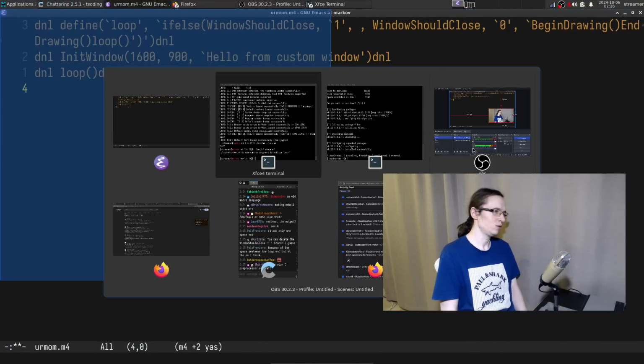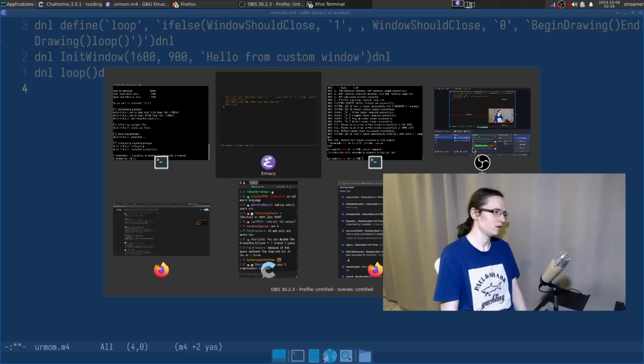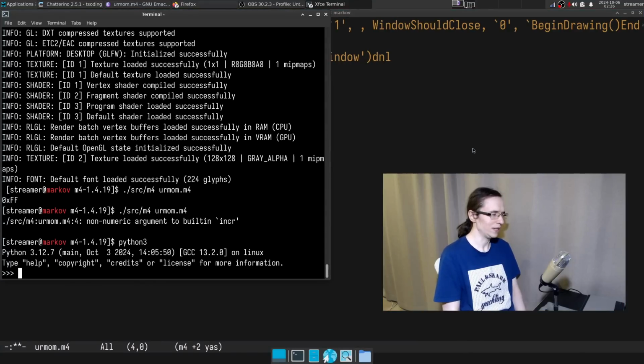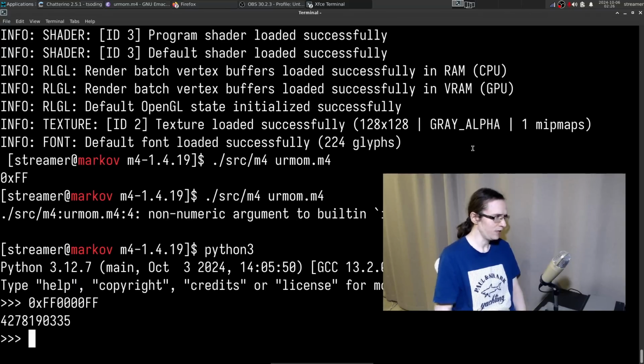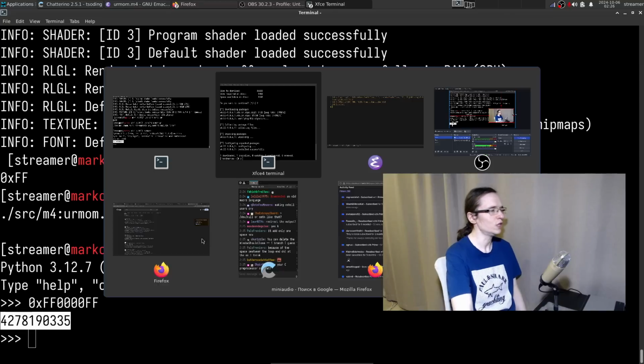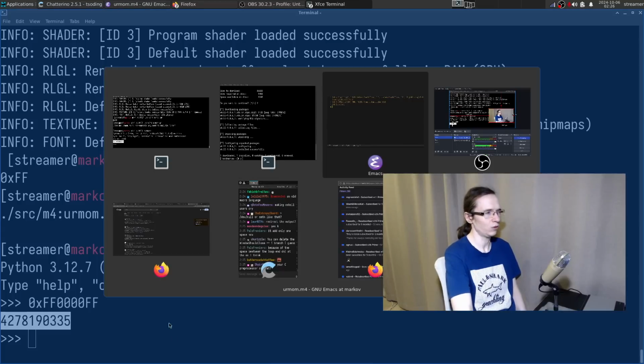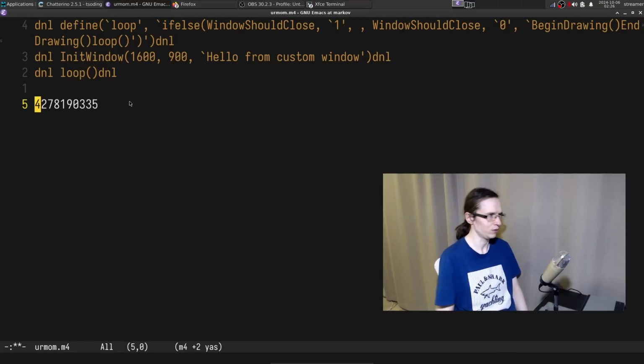One thing I can do is just convert it to an integer, right? I can always do something like ff00f00ff, and that's basically the number for the red color. So that's one of the things I can do.